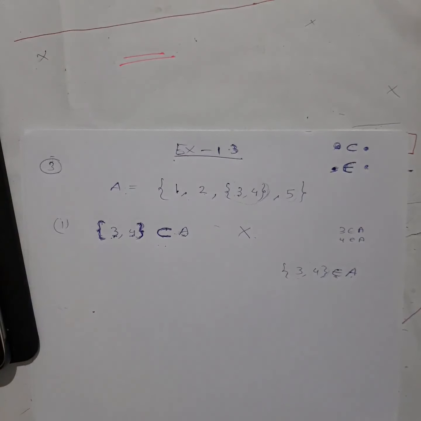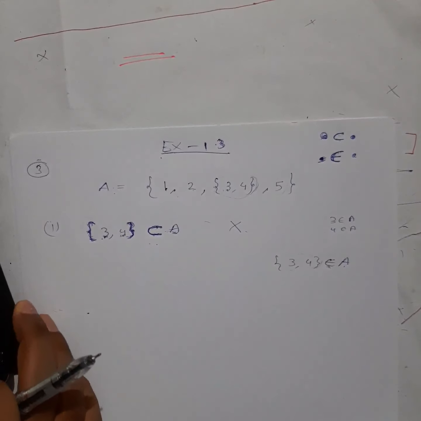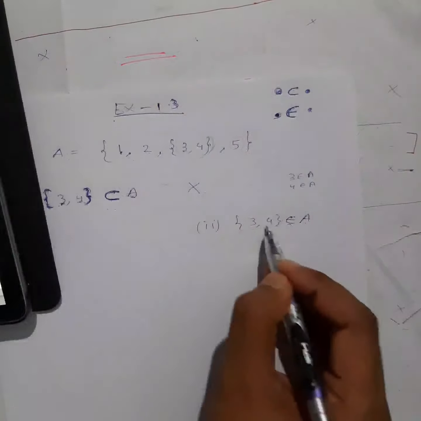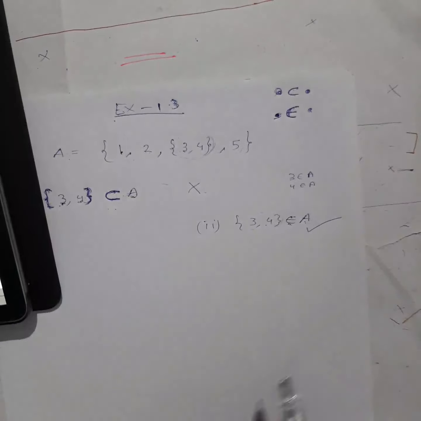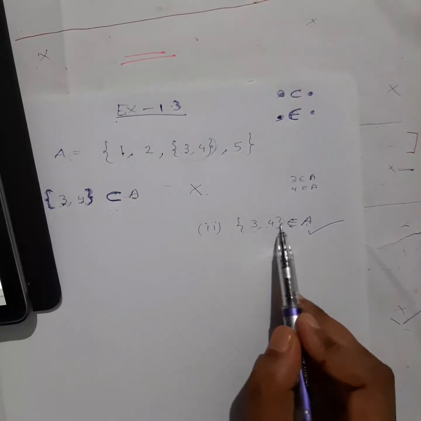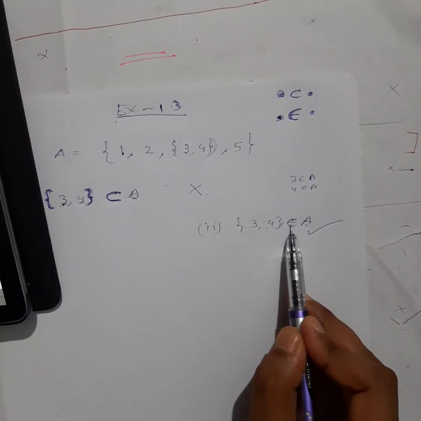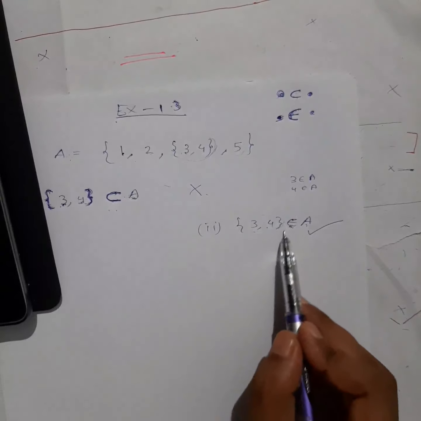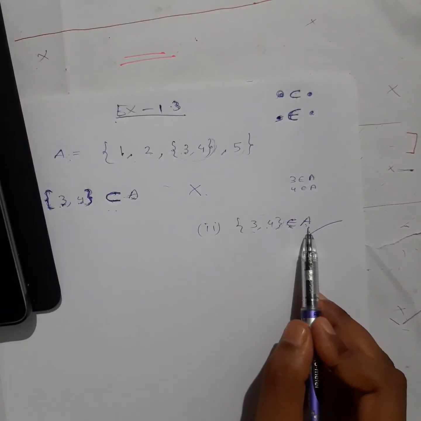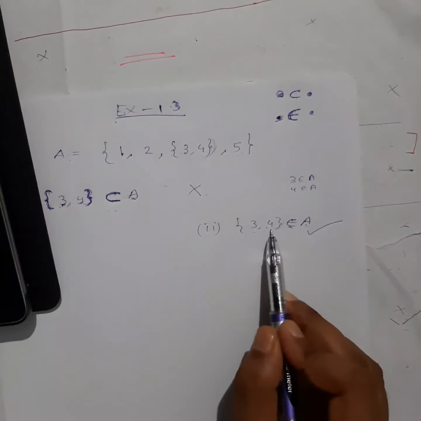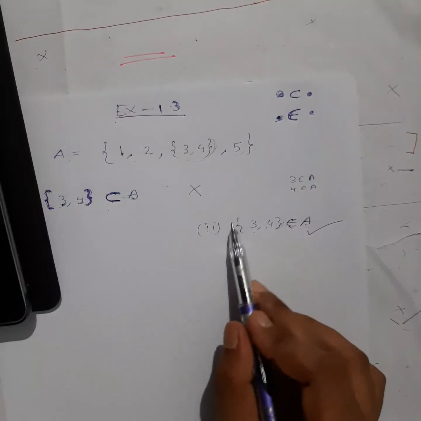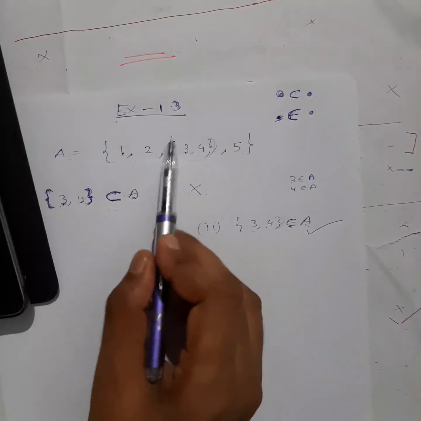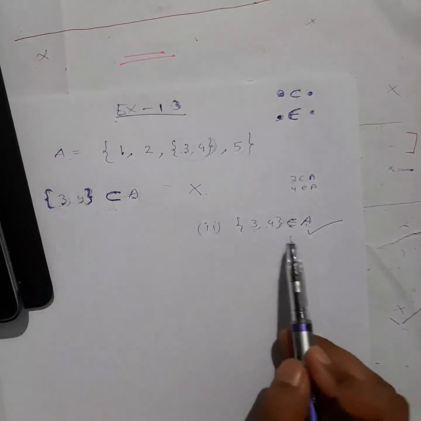Okay, so see, you have that question also. Question number 2, what does it say? This belongs to A. So this is a correct statement. Because this belongs symbol means whatever you have before it, if it is there as an element, it belongs, then that will be a true statement. This will be an element of this one, you can see, right? This is an element of this. So this belongs to this, I can write.